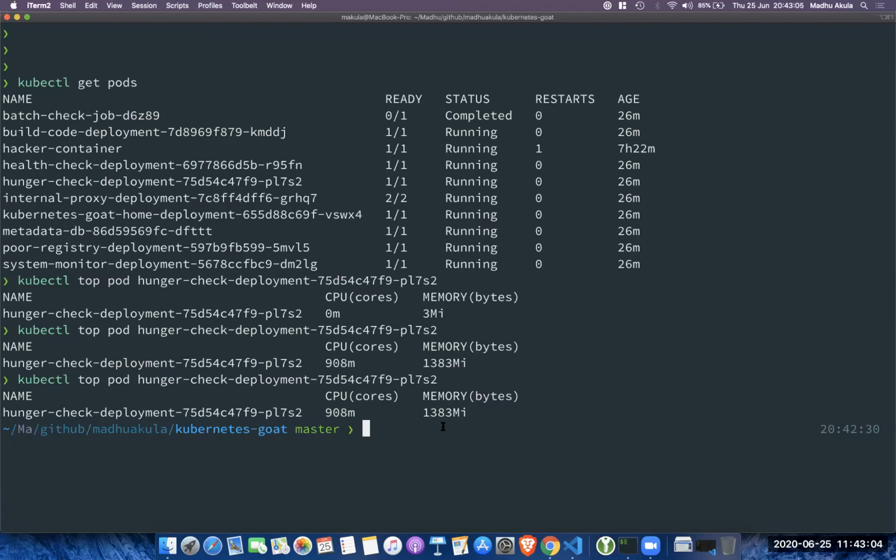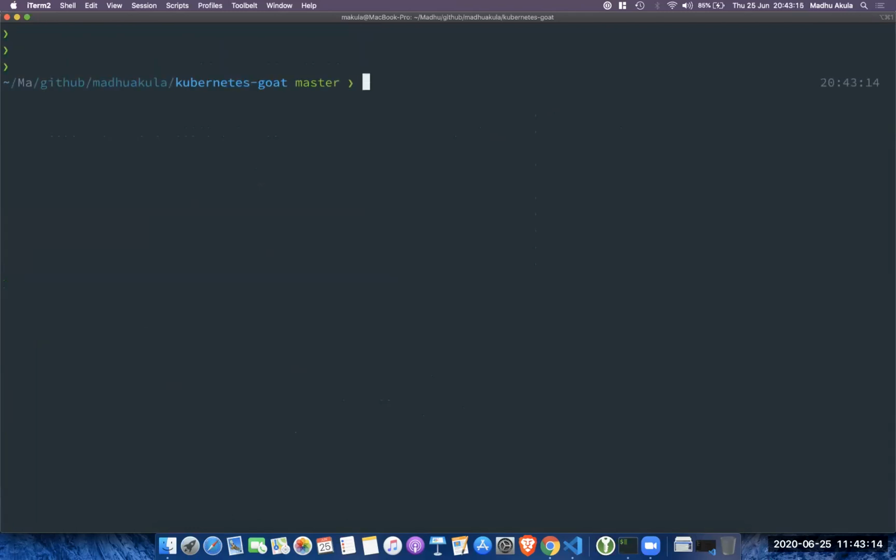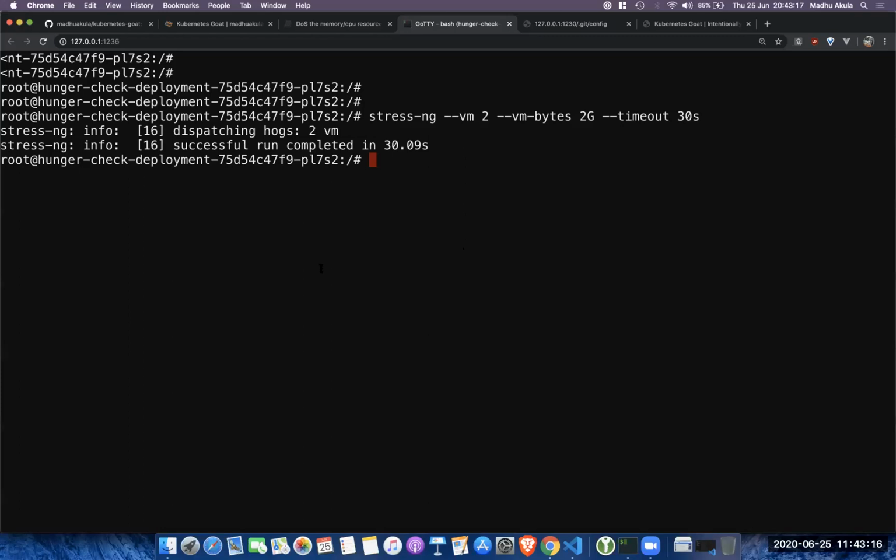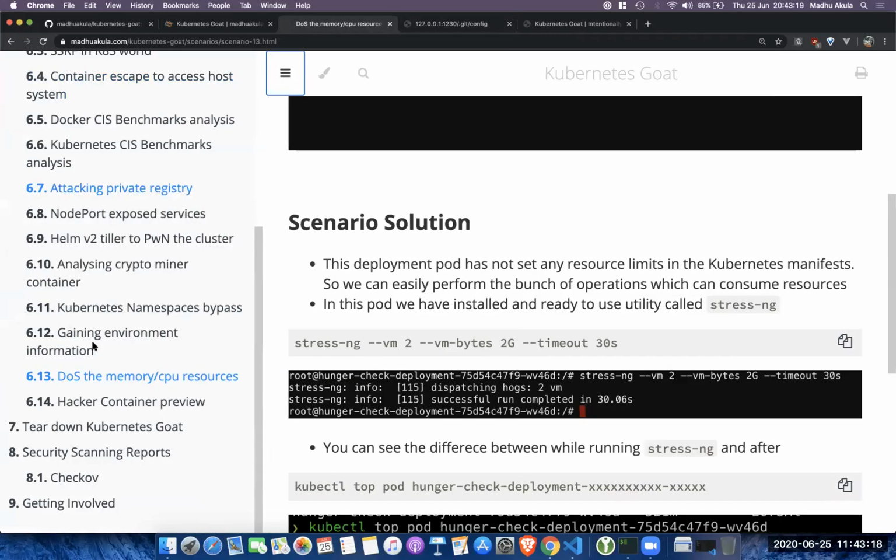Or if you have limits, this is one of the biggest and easier fixes for stopping this kind of denial of service, or excessive consumption of resources. So that's one of the scenarios I wanted to showcase.